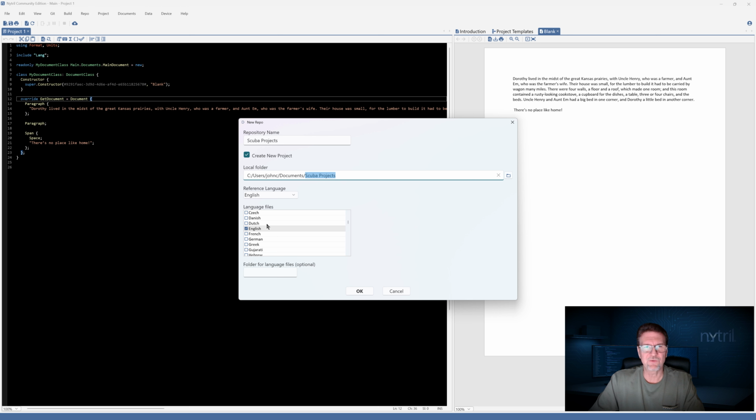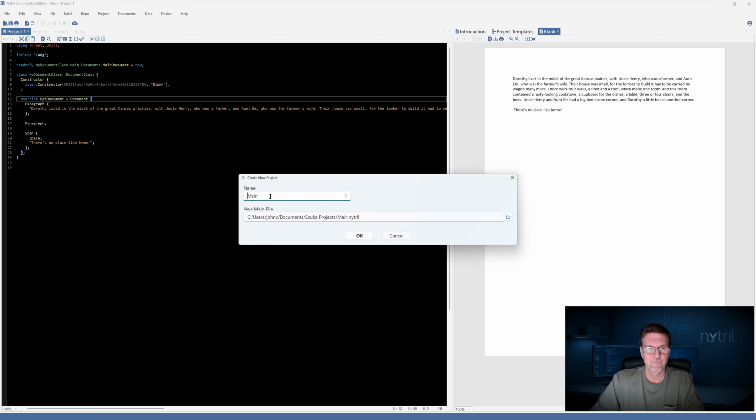And then down here, we have these options for language files. So our reference language, we're going to leave as English, but we're going to add French because at some point, we're going to want to translate our document into French, but we're going to primarily create it in English. So we need both of these language files. So we're going to say OK. Folder does not exist. Create it now. Yes. And then here it's prompting us that this repository does not have lang files in it. Do we want to create them? And the answer is yes.